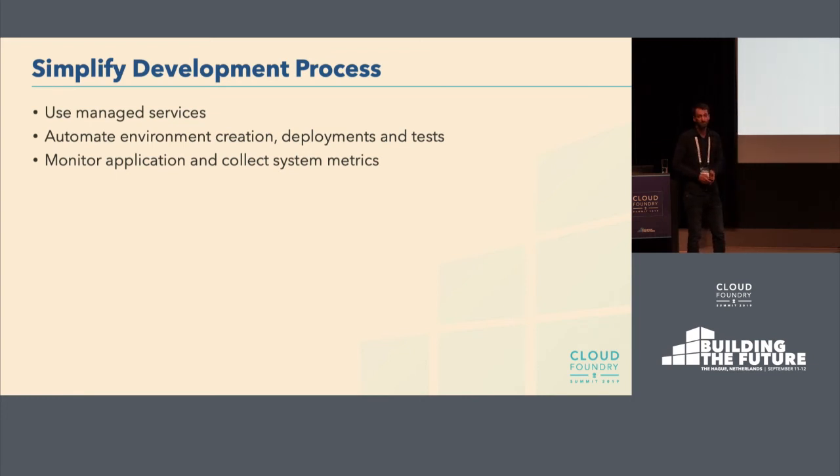As a last point, monitor the application. Try to get system metrics and find out when your application is in a healthy state, and also when it's in an unhealthy state. And if you can, which is a bit more of an advanced topic, also find out when it's getting into an unhealthy state. This is very important, because then you will be able to decrease the amount of downtime you have. It probably takes some time, but if you can achieve it, this is just awesome to avoid downtimes in the end.